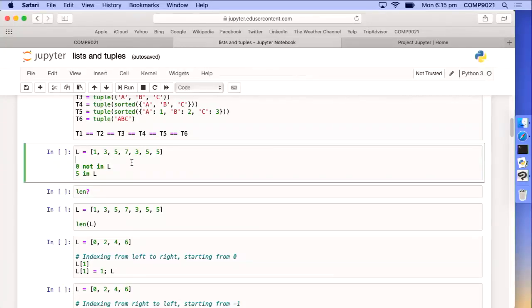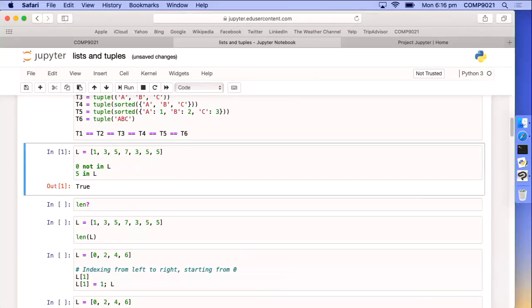So if you look at this cell, we defined a list, L, with a number of integers, right? What does it mean? We are asking if 0 is not in L. What is the answer? It is true, okay? Here we are asking if 5 is in L. What is the answer? Yes. So we can put the cursor in the cell, press Control, return,